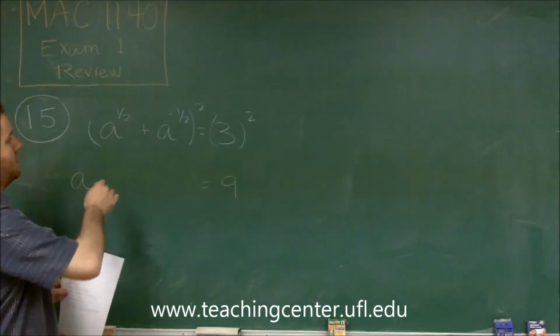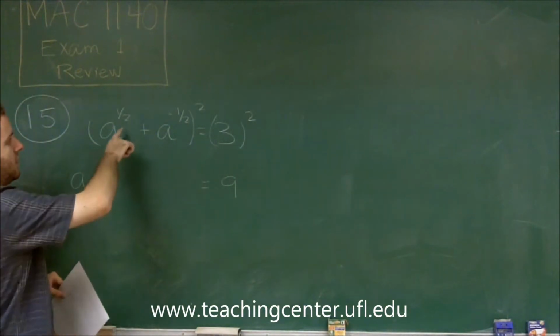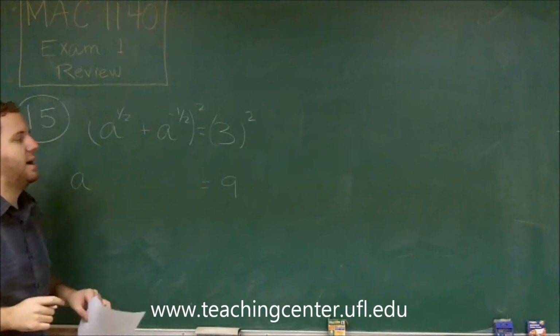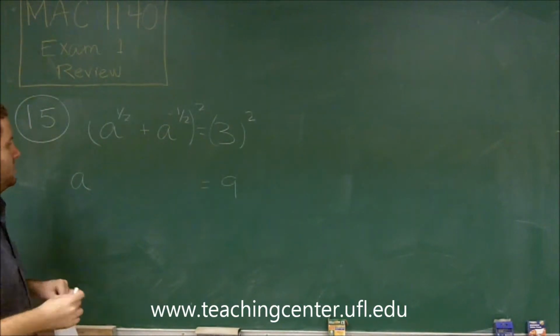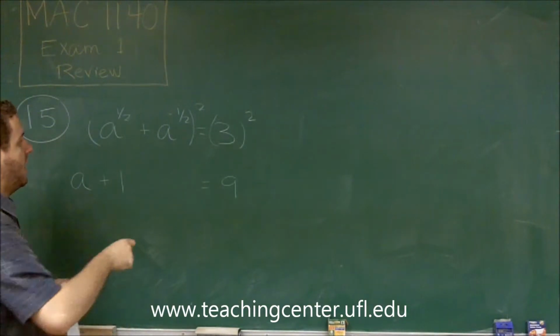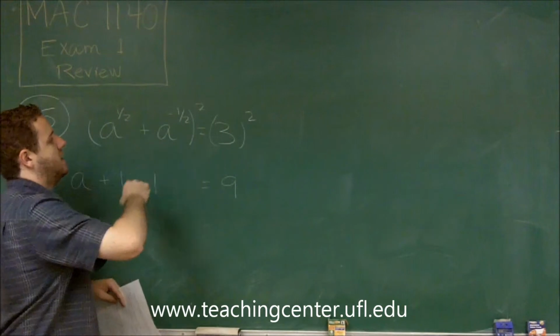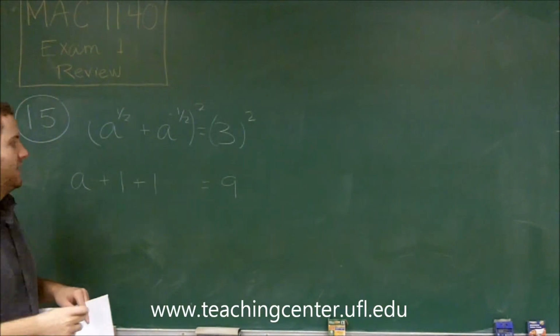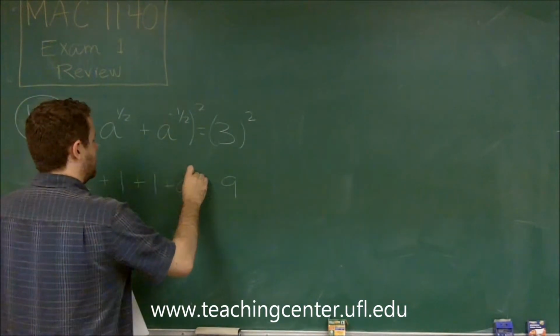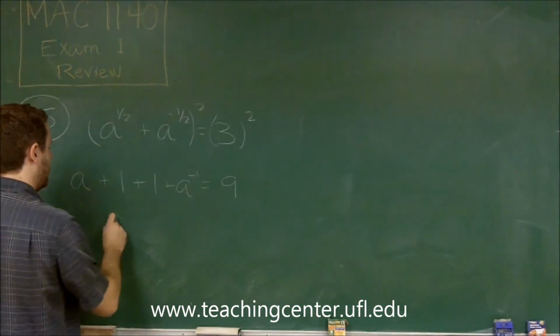And when you do that, remember that you add exponents when you multiply things with the same base. 1/2 minus 1/2 would be 0, so we just get 1, because anything to the 0 power is 1. And we get that for the outside and the inside. And finally, the last term is a to the negative 1/2 times a to the negative 1/2. That gives us a to the negative 1. So you can see here what happens is if we subtract these two over,